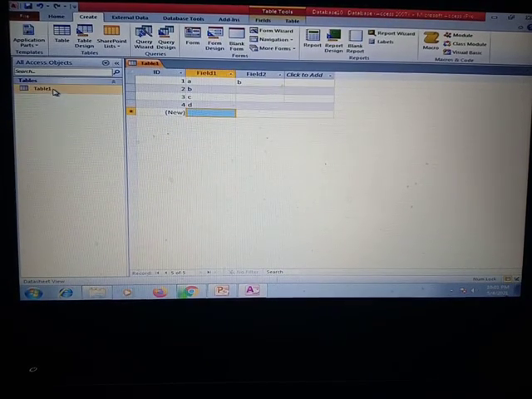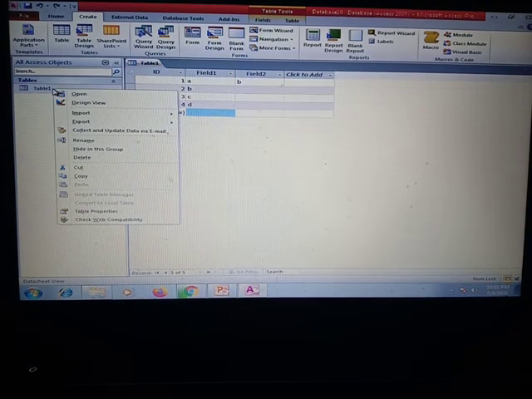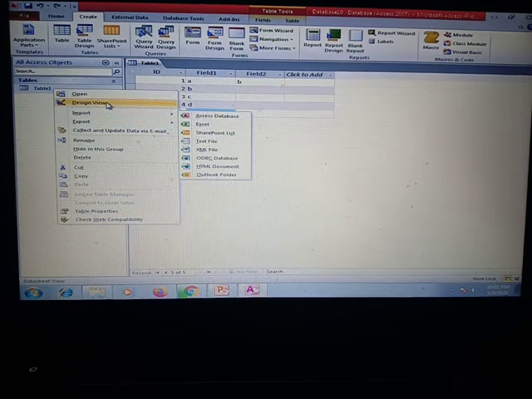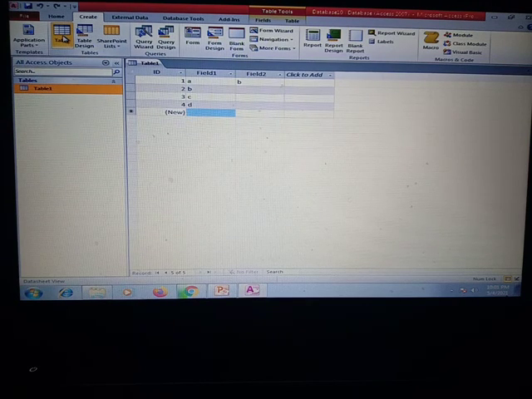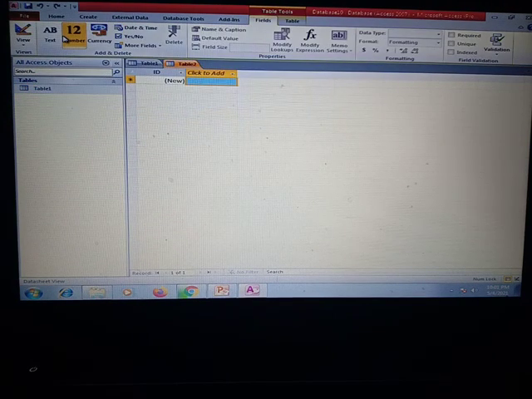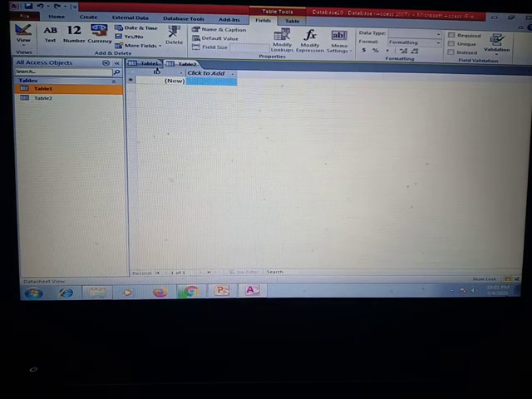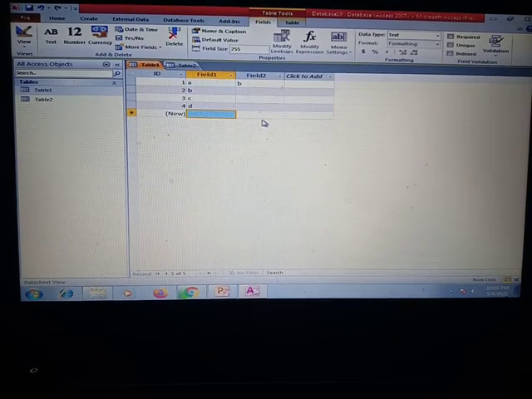We can have the table in this, and we can import or export another table from here, or we can create a table from here also. We have a table, so this is table 2, and we can make a relationship. We will discuss how to make a relationship in detail in another chapter.